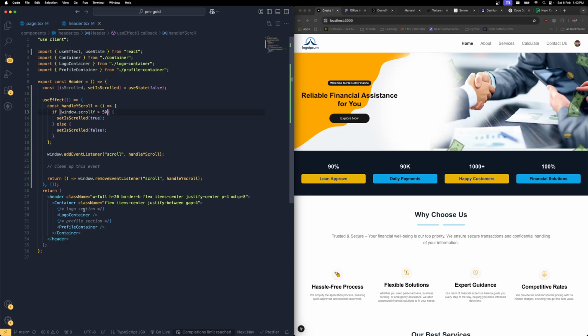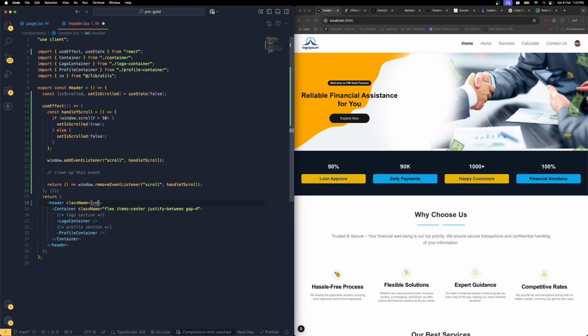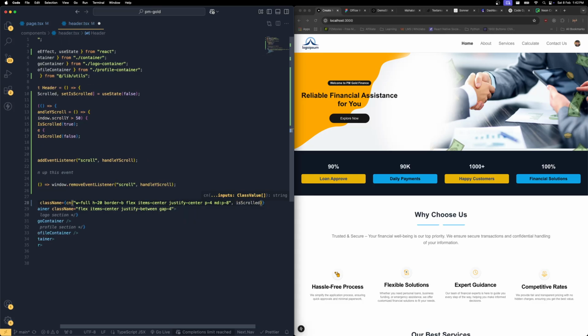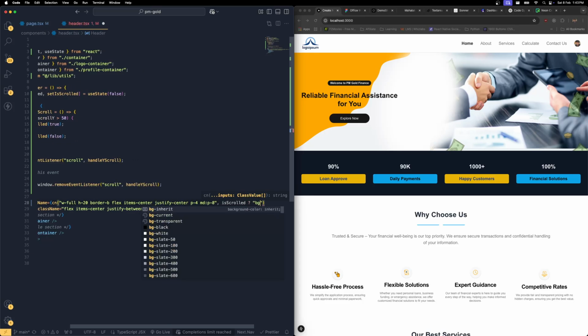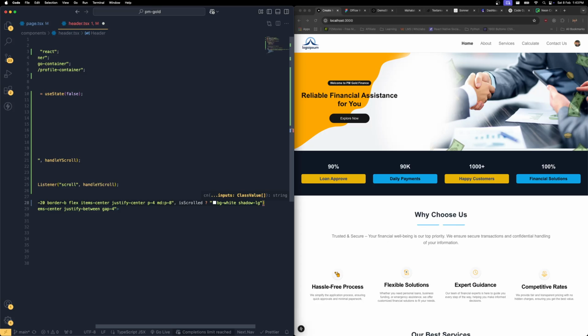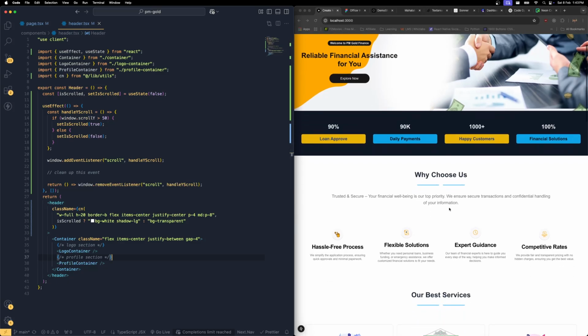So if it is scrolling, I'm going to copy this normal function, copy these basic styles. I'm going to use the cn function. Then I'm going to give the basic style. Then if it is scrolled, in that situation, I'm going to say bg needs to be white color and the shadow needs to be a little bit. Otherwise, I'm going to say bg as a transparent one. So save these changes. Now if I scroll it,